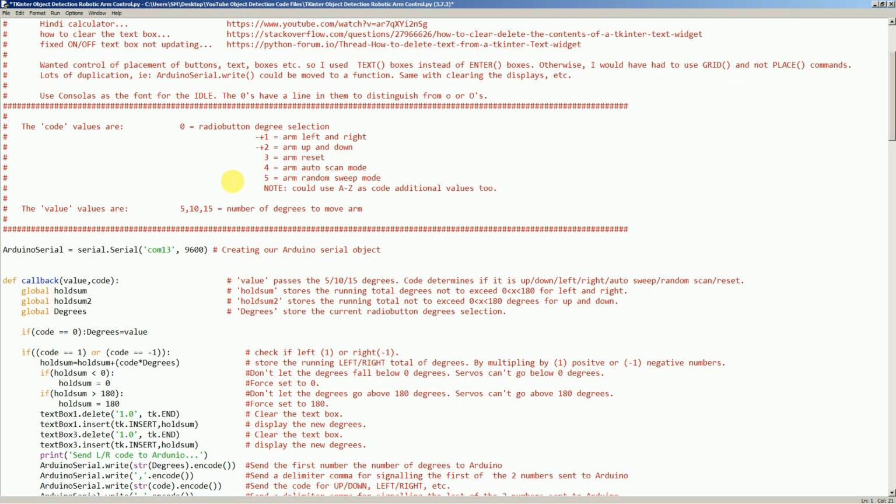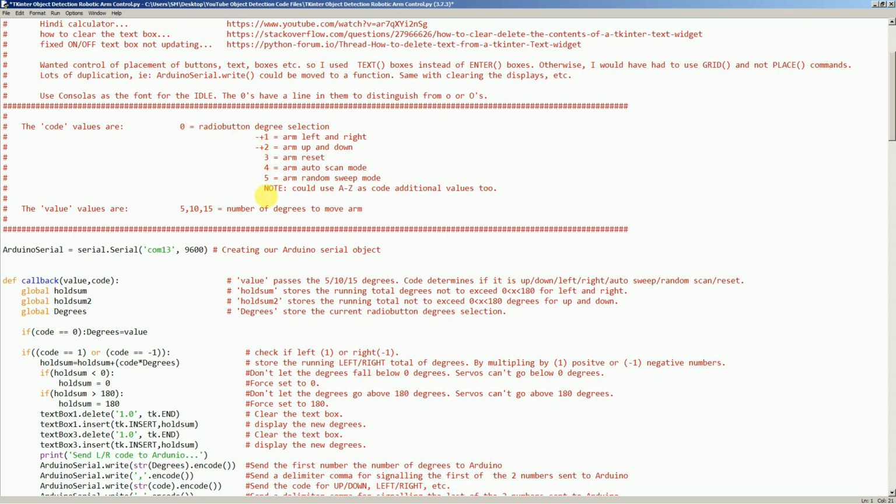Moving on, there are two values that are passed to the Arduino Mega. The Tkinter object GUI here is what sends, I'm sorry, not to the Mega, it sends the code to the Uno, which is connected to the robotic arm. I use an Arduino Mega for speaking using the EasyVR3 module. So there's two boards used here. This module communicates to the Uno, and I wanted to make that clear because I'm passing two codes serially to the Uno. The first code